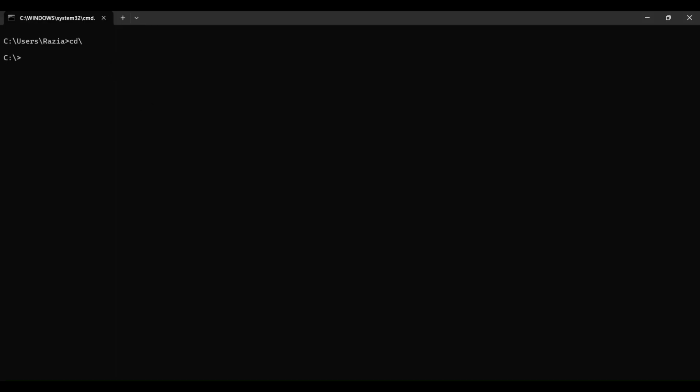So now here we have opened the command prompt. What did you do? You just pressed Windows R, which opens the run prompt. In that, write CMD and press enter. Once you do that, this screen opens up. I have done cd/ so that I come to the root directory, C drive.